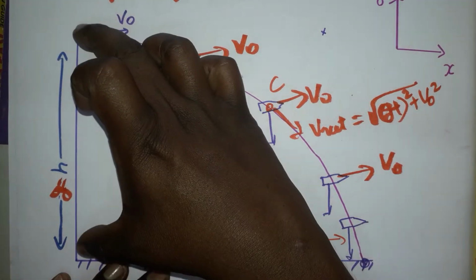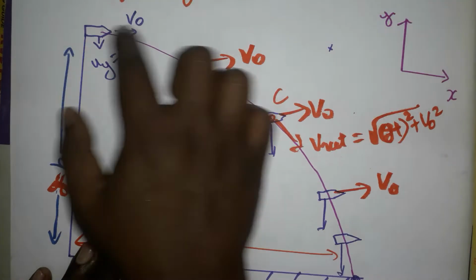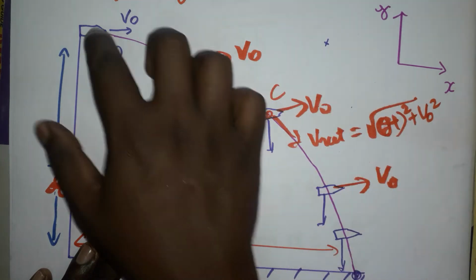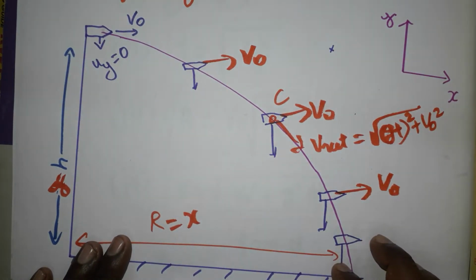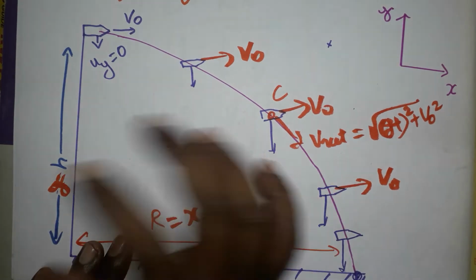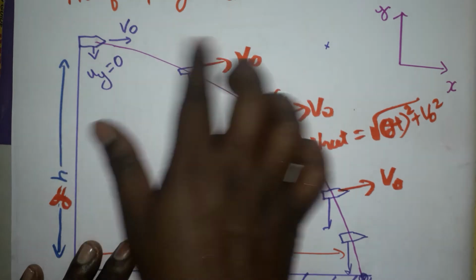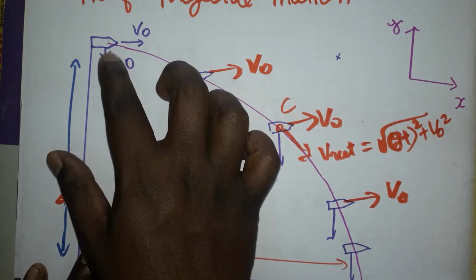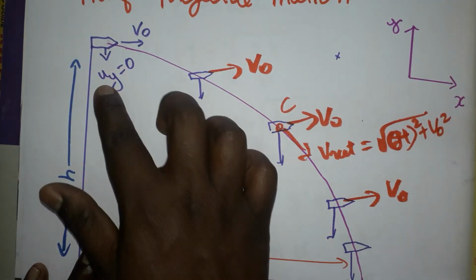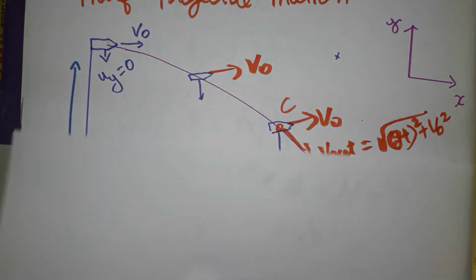So this is the height of the building, and this is the range the object can travel. I threw the object horizontally, but it is going to move vertically also. For the x and y axes, the time period will be the same. Only the time period is the same, but I gave a velocity along the x-axis and it is going to get velocity along the y-axis also. The y-axis initial velocity will be 0, I am not giving any velocity along the y-axis. I am going to use this concept to derive these four equations.